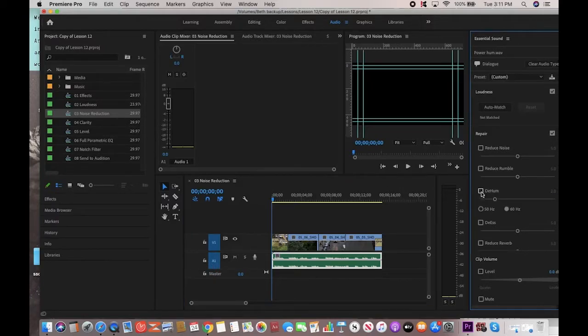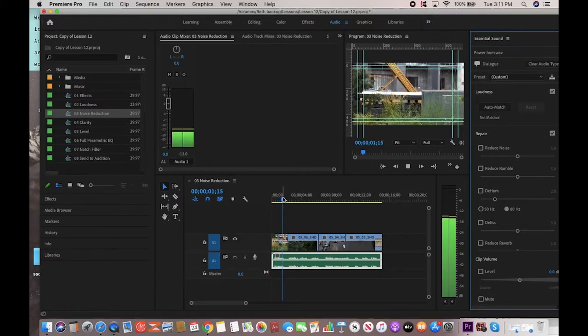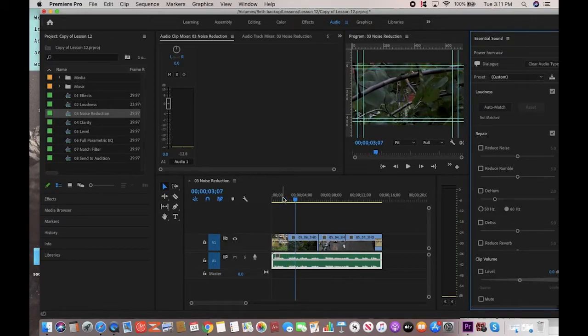If you open up noise reduction, you'll notice that there's a hum. Again, the air conditioning was probably on, or she was close to something, so you could hear the electrical interference. So in order to get rid of that,